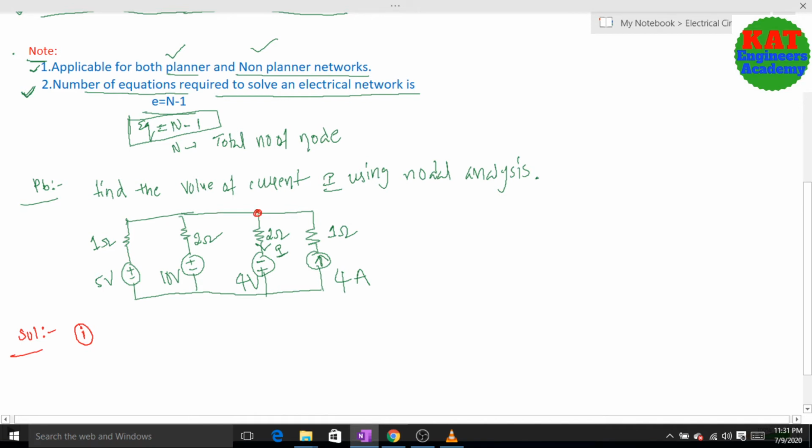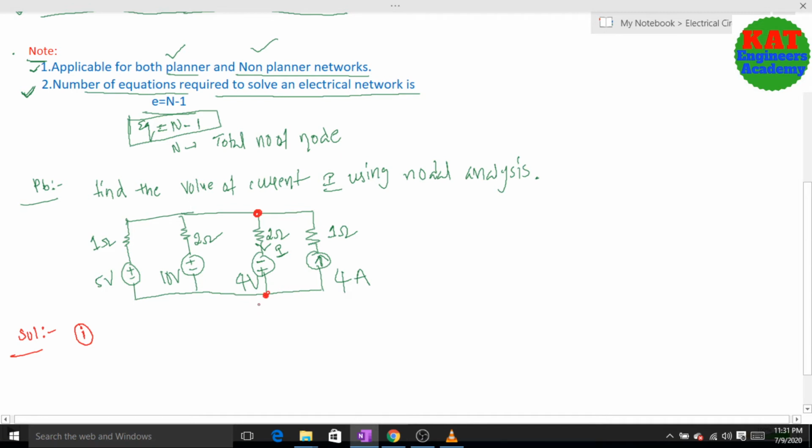So finally here I consider this one as a node. 1 ohm is connected here, 2 ohms is connected here, this 2 ohms is connected here, and 1 ohm. So finally we can consider this one as one node. Next, listen here, this 1 ohm and 5 volts are connected at one point, but this is a simple node. Don't consider the simple nodes. Next, this 5 volts, 10 volts, 4 volts and 4 ohms are connected at this point.